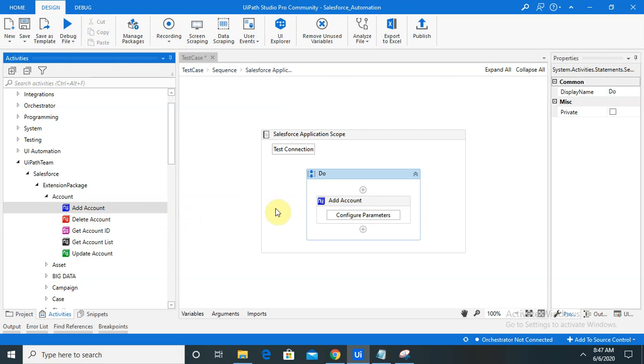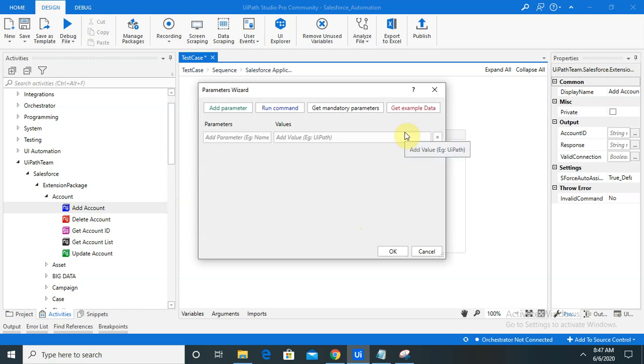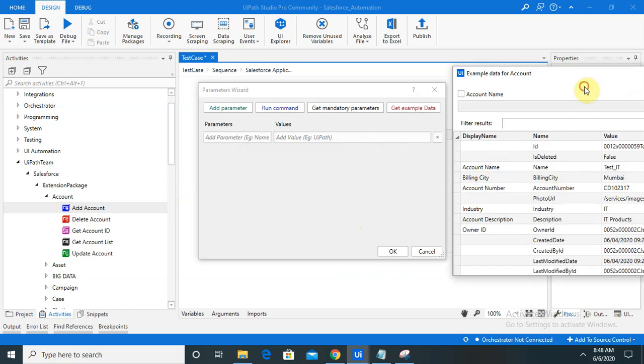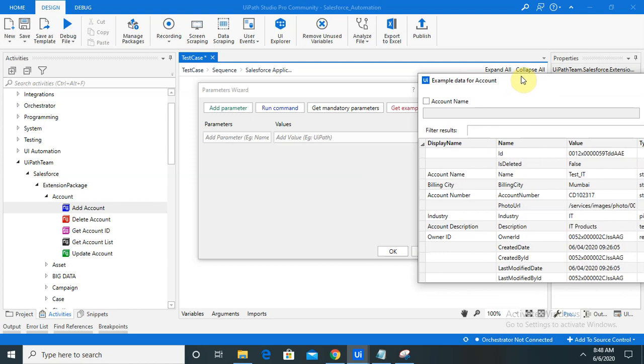For creating any account, just drag and drop the Add Account activity, and once we click, we can take help from Get Example Data. From there, you're able to see several contents are available. It's totally dependent on your requirement, what data you want to mention while creating your account.